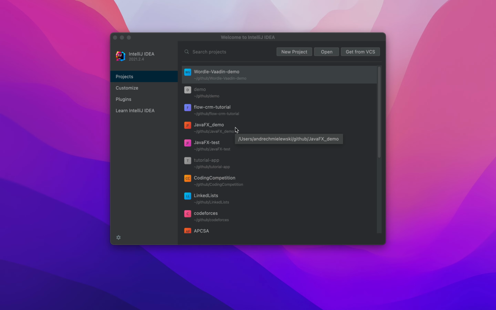So for this tutorial, we are going to be making Wordle using JavaFX. Not the full amazing version of Wordle, but something just to give you an idea of how to go about doing it. So in order to do this, from this tutorial, I'm assuming that you have already set up JavaFX